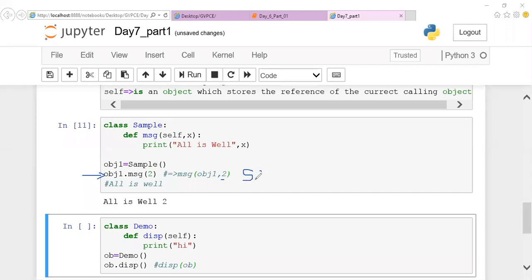If you are mentioning sample dot message, it will take the same format. So we are going to have only one parameter, that is a direct one. So I'll mention it like this. Internally we know the first parameter should be the object. When you call a method of a class by using an object, the first parameter will be the object internally. When you call the same method by using the class name, only the value you pass will be the first parameter. Okay, madam, got it.